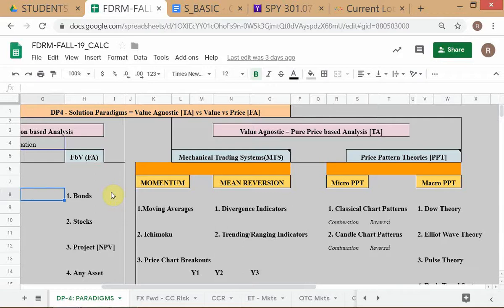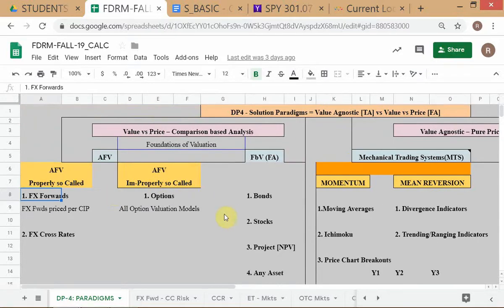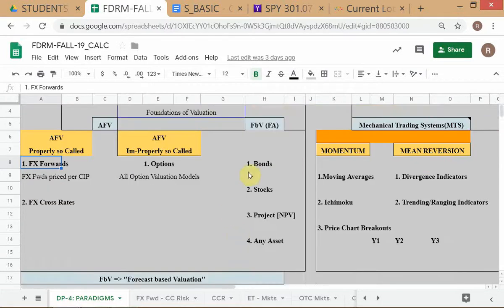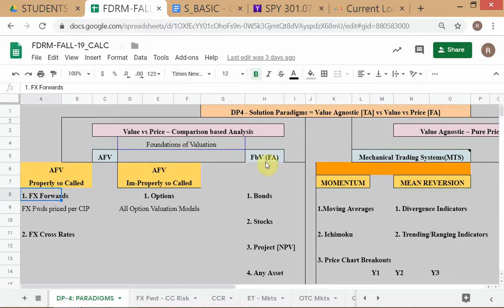Okay, so we are now in this box, so we're not so concerned with TA, we are in this box. What we are saying is that these are forecast based fair value models, and then there's another class of fair value models which is the arbitrage. AFV stands for arbitrage free valuation, and we can just put these notes here that FBV is